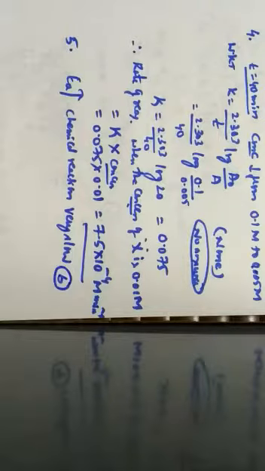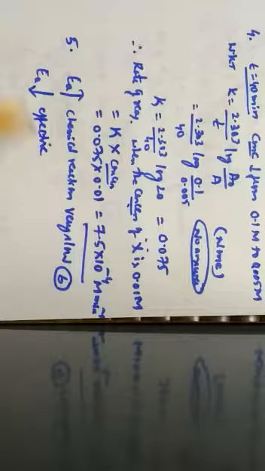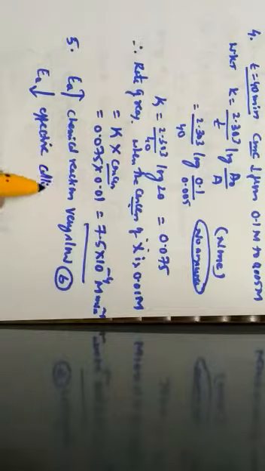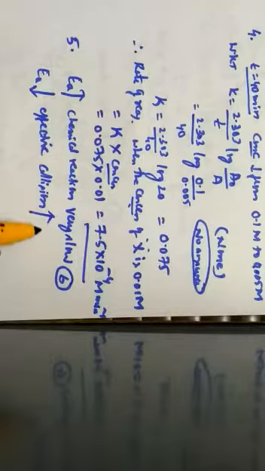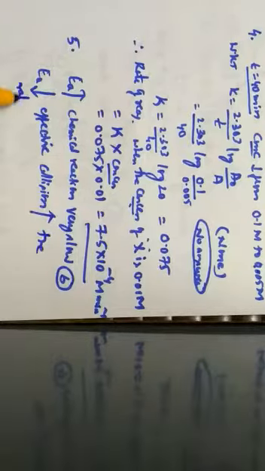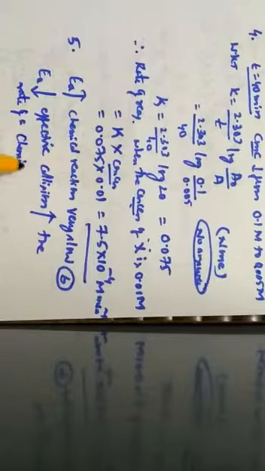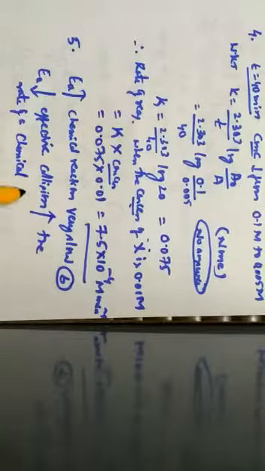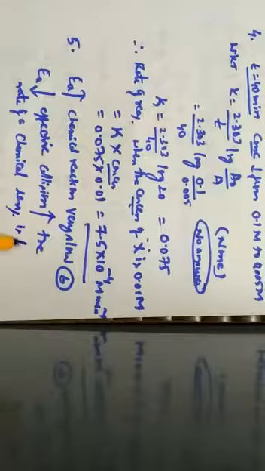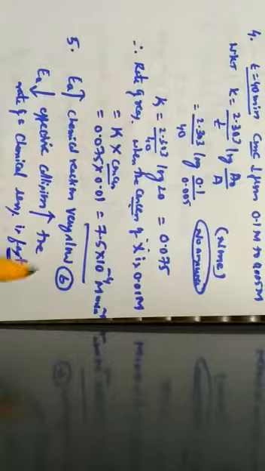Option B. Or else you can also analyze it as, if the energy of activation of a reaction is very low, then the effective collisions will be maximum. If the effective collisions are maximum, the rate of a chemical reaction is what? Very fast. Hence, the correct option for the given question is what? Option B.